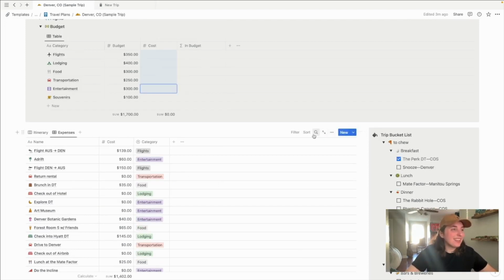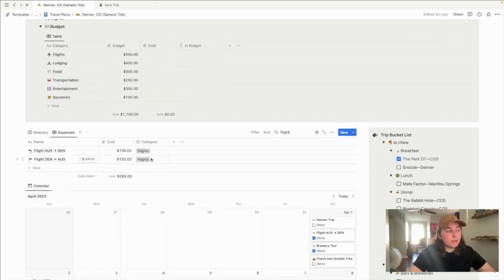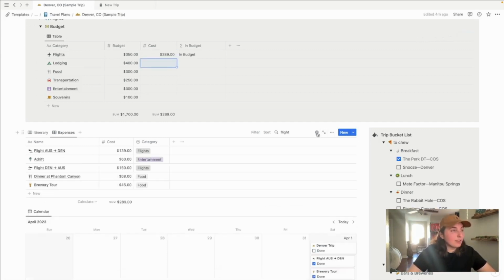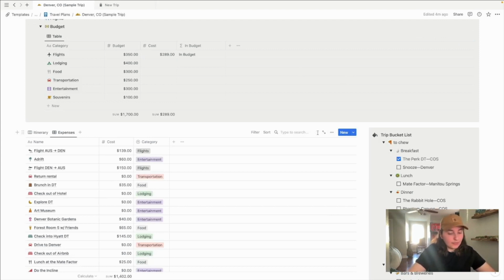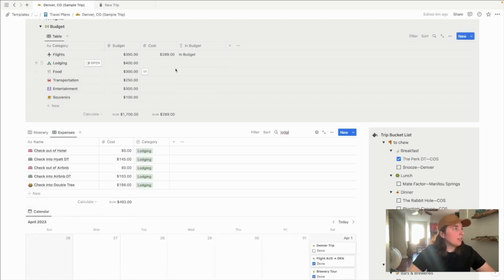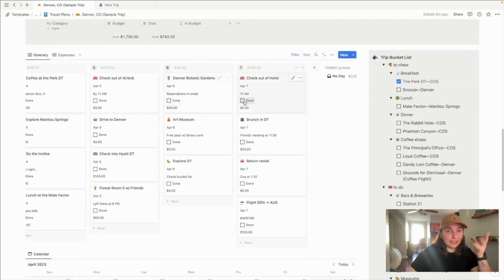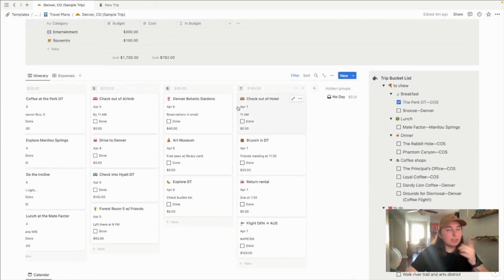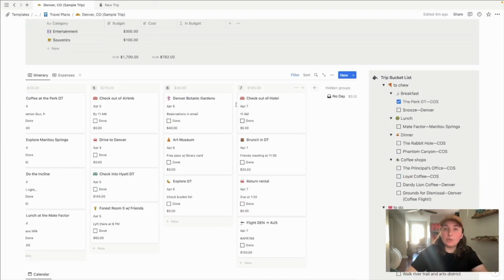So then what you're going to do is hit this search button, go like flights, so it will filter out just flights, that category. The sum will show up here, so all you have to do is come up here and do $289. Then you can move on to lodging. $493. One quick tip for you, which is especially relevant to hotels and such, is when you come down here